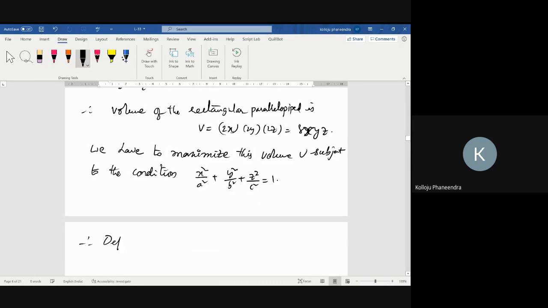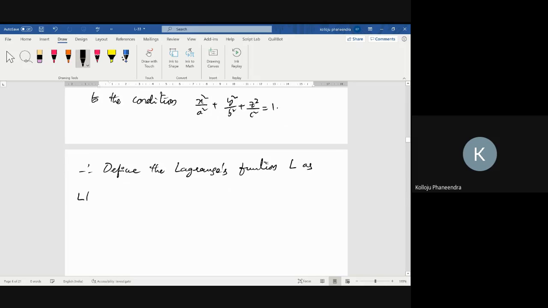Therefore, define the Lagrange's function L as L of, only one condition is here, so lambda is enough. What I have to maximize? The volume subject to what condition? This ellipsoid, x square by a square plus y square by b square plus z square by c square minus 1. Take this as 1. So the necessary conditions